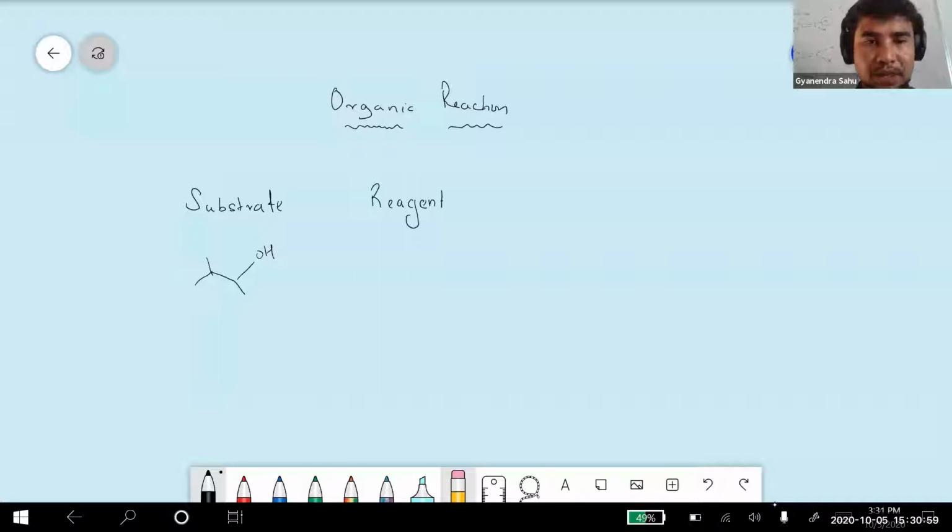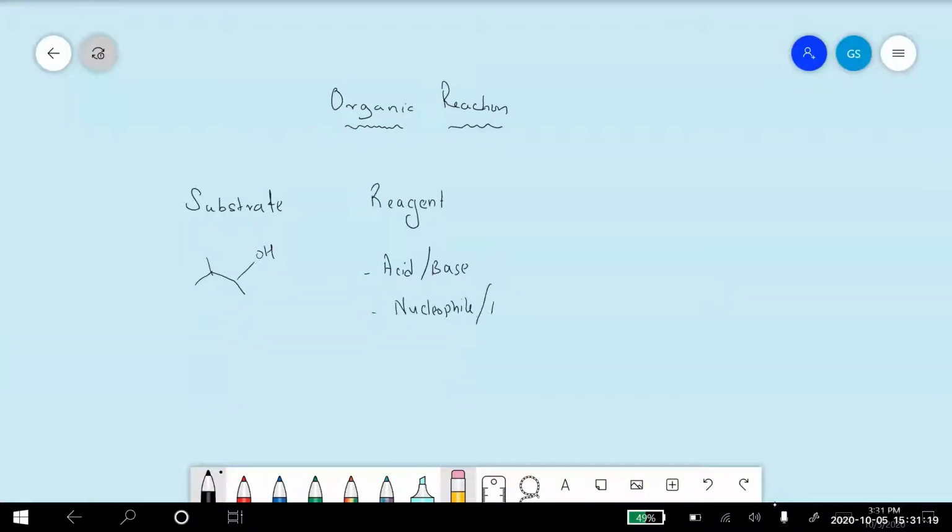The reagent can be an acid or a base, because it has the capacity to stop a reaction or initiate a reaction. Apart from acid and base, which you already know from your junior standard, we have something called nucleophiles and bases. We'll talk about what a nucleophile and a base are. Apart from this, an oxidizing agent and a reducing agent can also be considered as other reagents. So when the substrate gets attacked by this reagent,